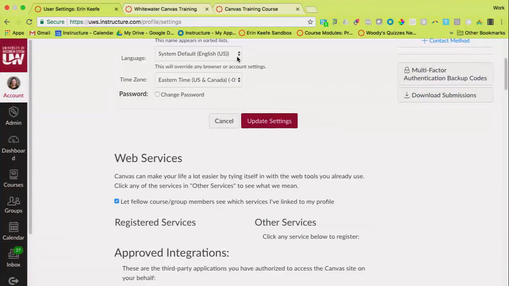Don't just do it for fun. I told the group yesterday that I did it one time in a webinar. I was sure I remembered enough college German in order to get it back. And it was bad. It was really ugly. I had a very hard time. So it is great for non-native speakers of English if they need some help navigating Canvas.